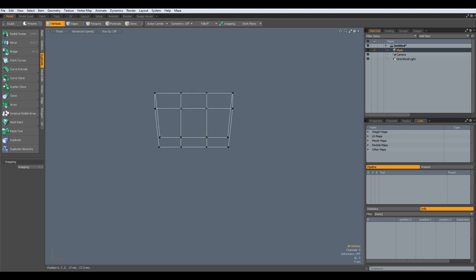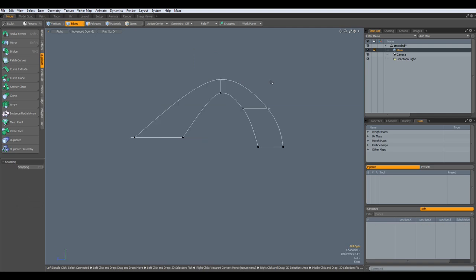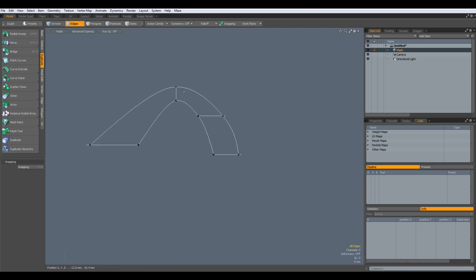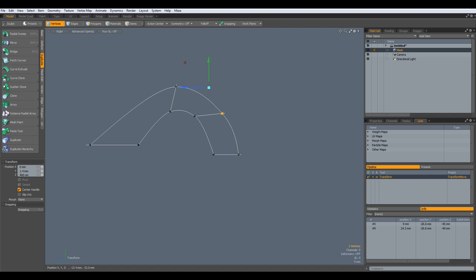We need to lift this edge here, W, to about here, and from the side view, these vertices, W key, about to here, W here, this one may be a bit out, this one too high,